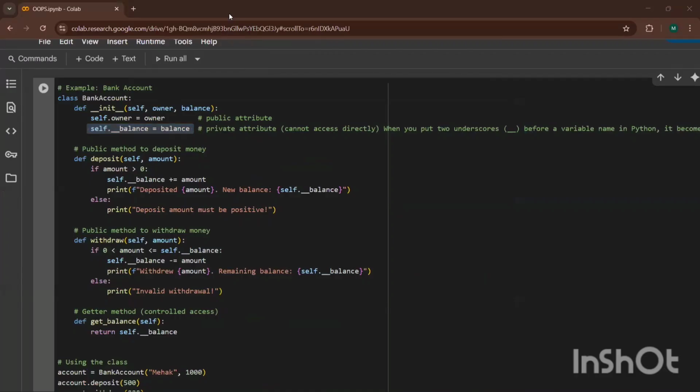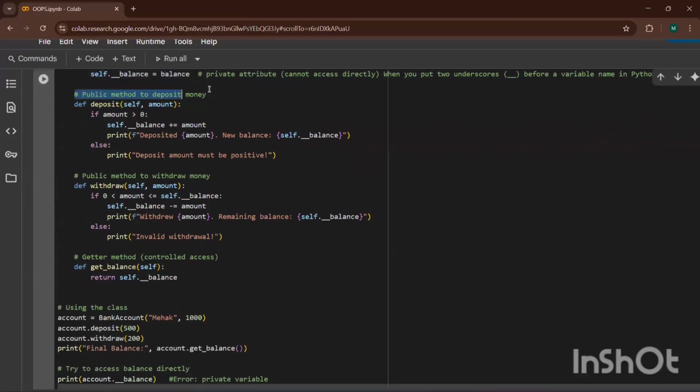Is it clear why I'm using two underscores, and why I'm making it private? Because I need something hidden. Because I'm showing you encapsulation, I need something hidden also. So I have encapsulated this balance. I have hidden this balance.